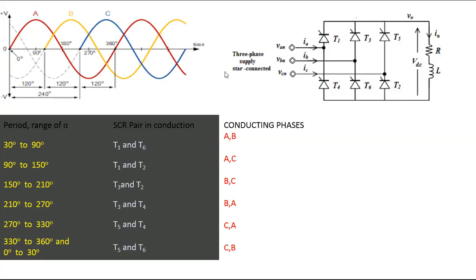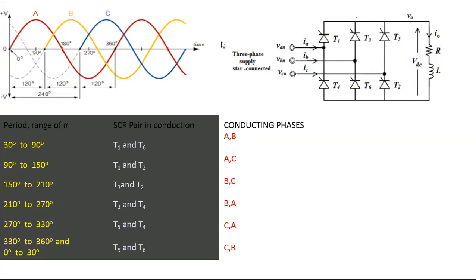I hope it is clear. Okay, I'll repeat the entire thing once. From 90 to 150, A is made more positive than B and C. Therefore, the direction of the current starts from point A, flowing from A to T1, T1 to load, and from load to which one? If you see below the x-axis, the C waveform is occupying maximum space. You can see I'm highlighting. Therefore, current flows through point C. C is connected to SCR T2. So the direction of the current in case 2 is from A to T1, T1 to load, load to T2, and from T2 onward.